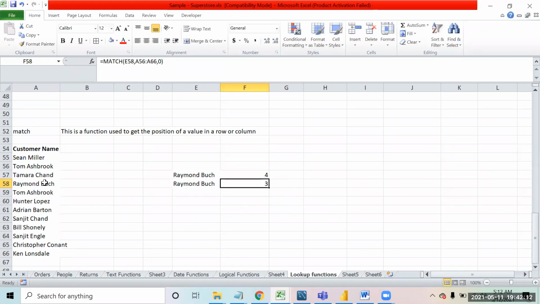So now it becomes 3. If you select the range from here, it will become 1. If you select this, in that case it will be #N/A because the name is not available in that range. So depending on how you have selected the range, it gives the position at which that value is coming. I hope it is making sense. So please try this once, the match formula.